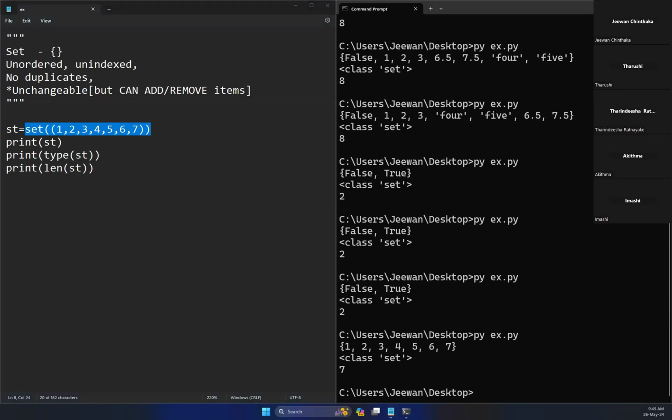Right. Then how to access the set items. Now since there is no index, you can't go by the index number, right? Because there is no order. Therefore you can't access by the index number. Right. Then